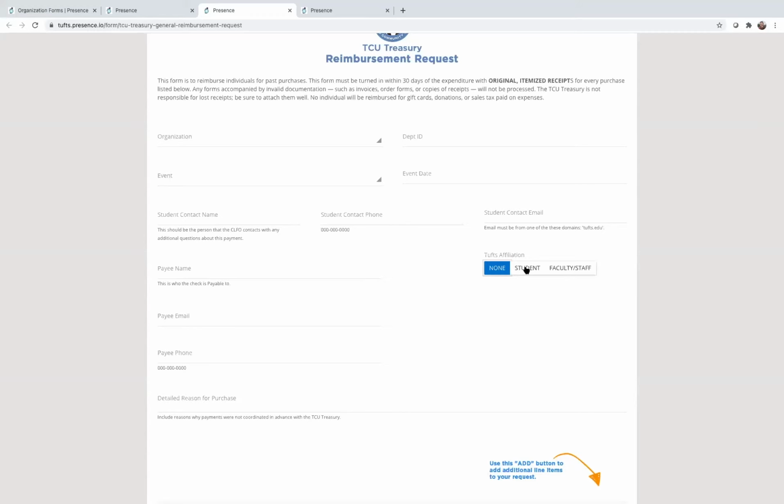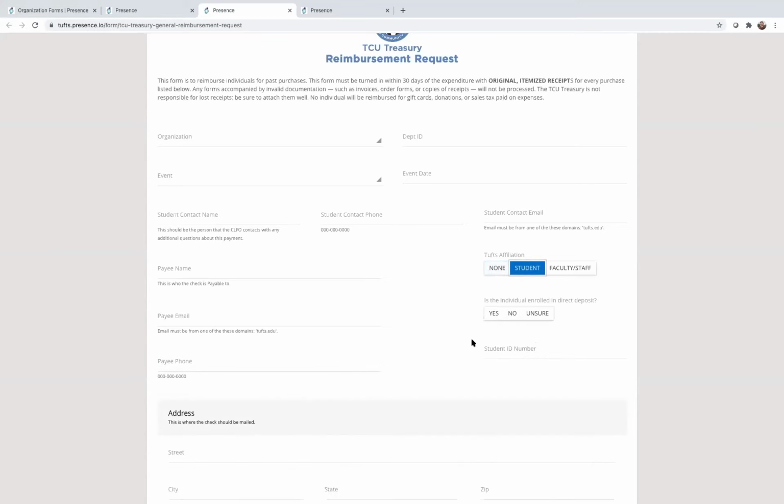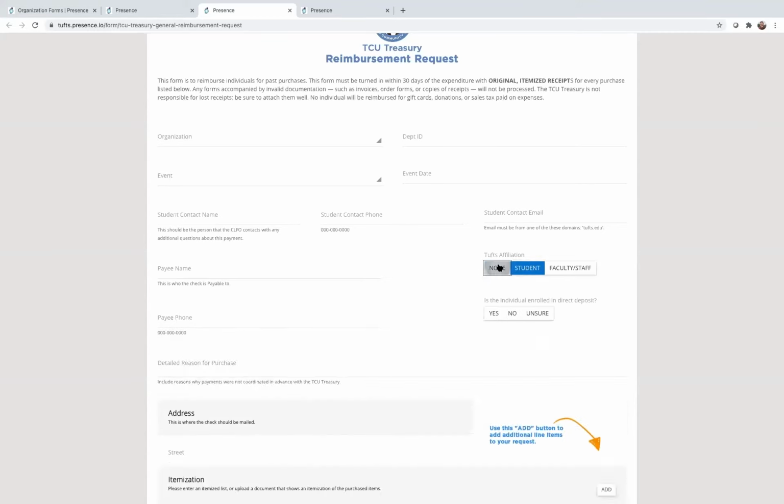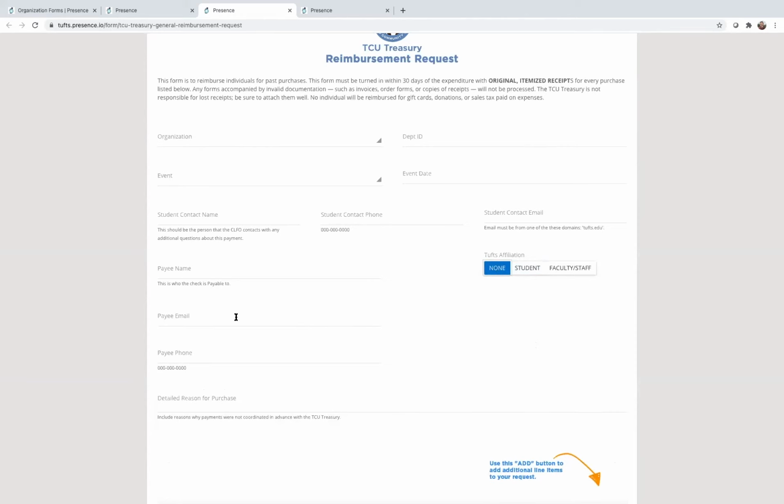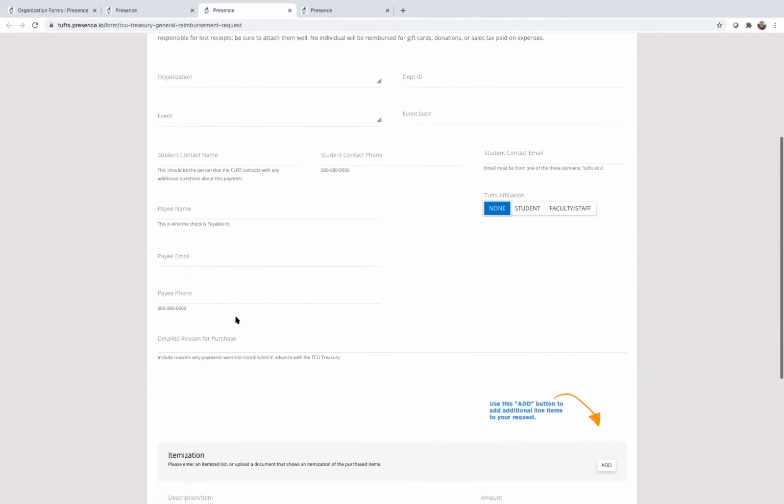If they do, you'll be asked to enter in their student ID number and address. Otherwise, the payee will need to fill out the PaymentWorks information, including their tax ID information, as well as direct deposit if they wish to receive that. So it's important that you enter in an accurate contact email so that the Campus Life Financial Office can send